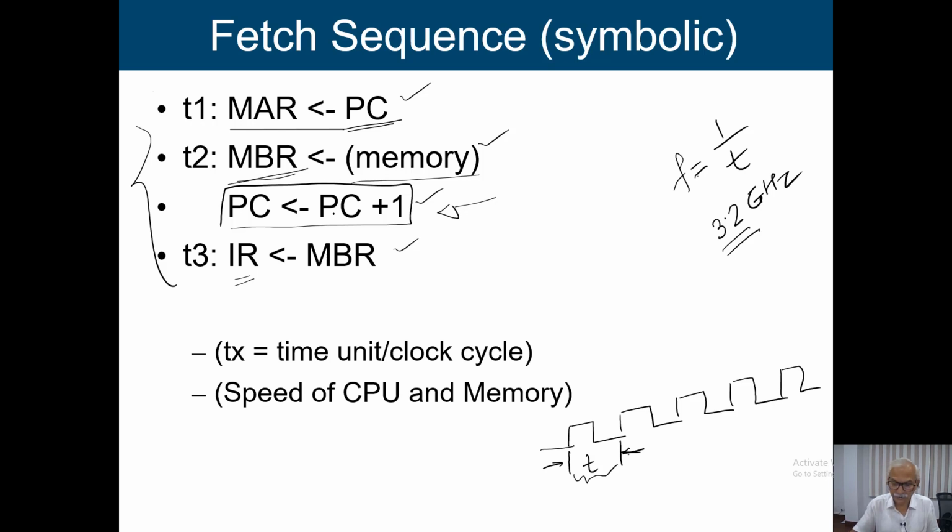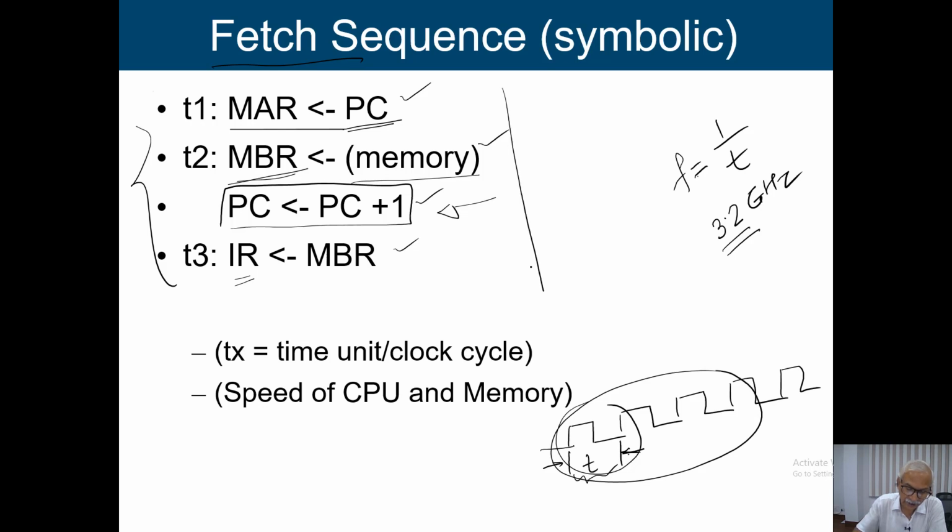Now we have to see the mechanism for how we are going to give more time to the memory read or memory write operation. This is the clock time, but for that we have to do some synchronization of this low speed device to the high speed device. So we should have a synchronization mechanism. And in the third clock cycle we are placing MBR to IR. So this is the fetch sequence, the steps we follow while fetching an instruction from memory. While fetching an instruction, such an updation of the program counter is required.